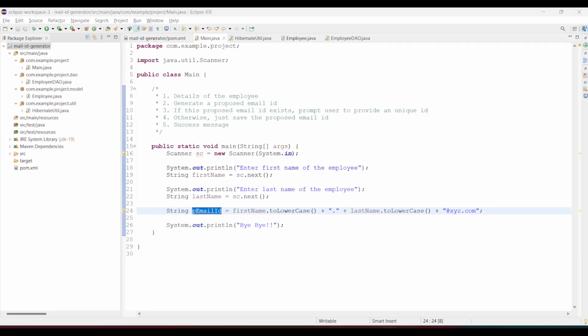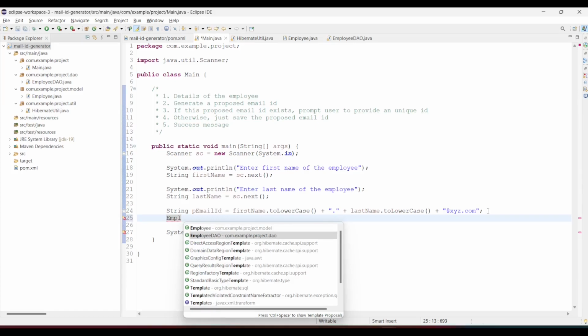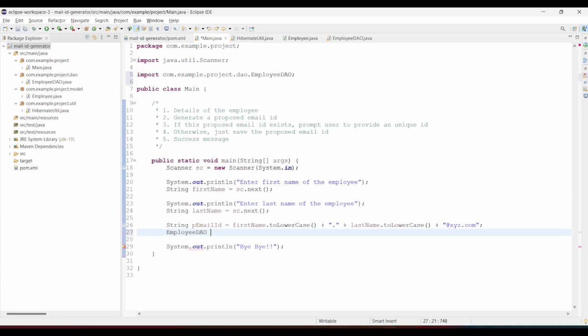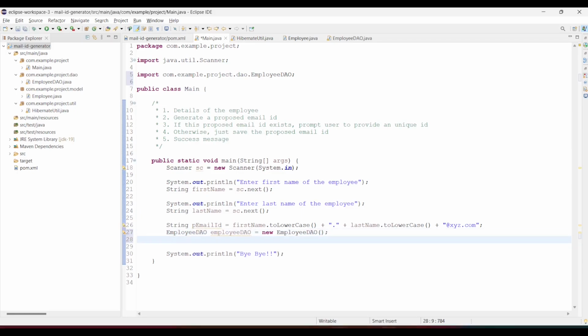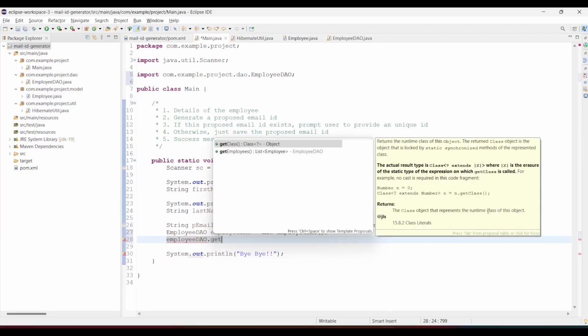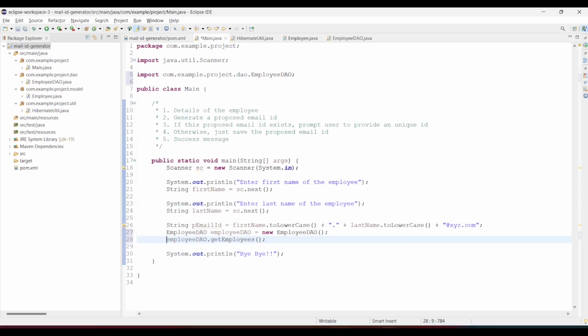Let's come back to Main.java. Now here I'll just create the employee DAO object. Usually we autowire this, but I don't want to make this complex, so keeping it simple. EmployeeDAO equals new EmployeeDAO. Okay, now to see if this email is an existing one or not, I can create a new method as well, right? Just to see if this is existing or not. But just to keep it simple, I'll just first call the get employees method, store it into a variable,